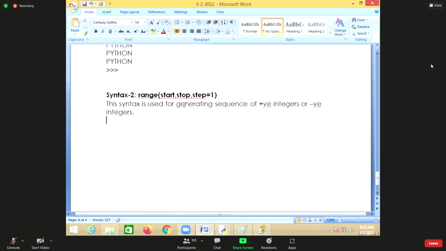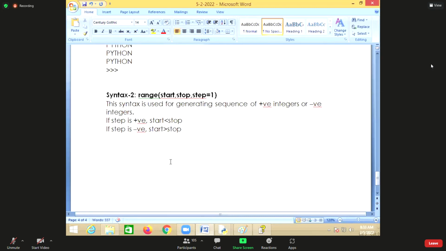Generally, if the step is positive, then start must be less than which one? Stop. If the step is negative, start is greater than what here? Stop.